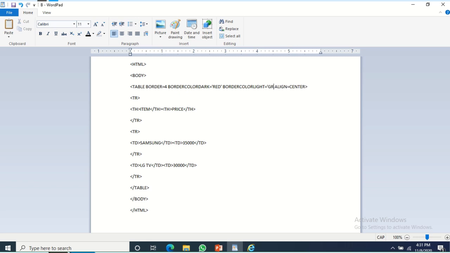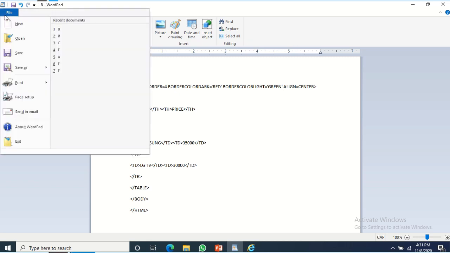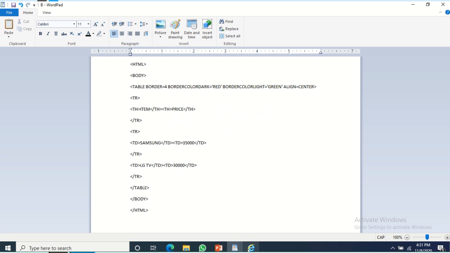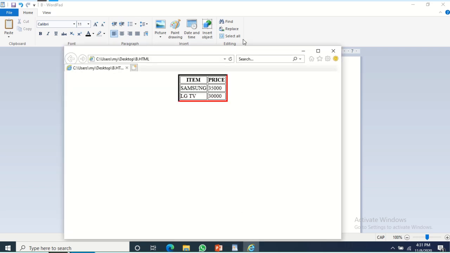Let's save it. Yes, we saved it. Go for checking. We'll refresh the page. Yes, we got green as light and dark is red. Light means the top and left side, and dark means the bottom and right side. So this is how it works.